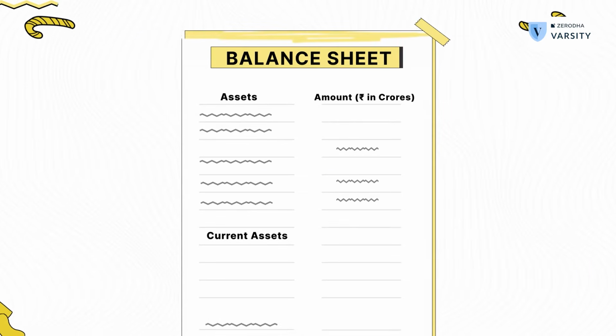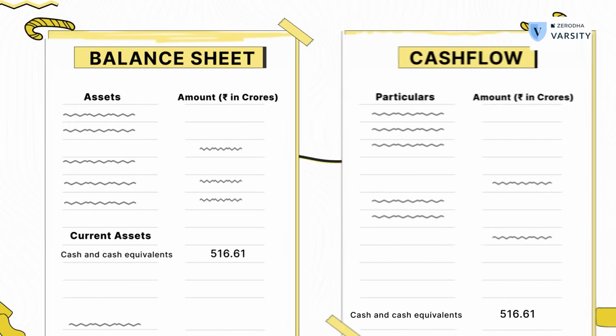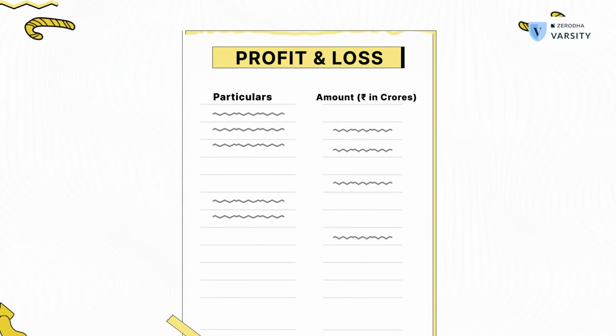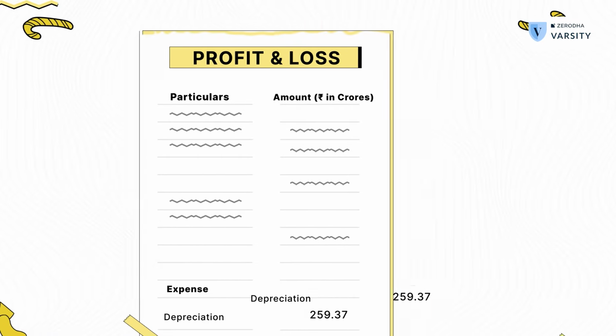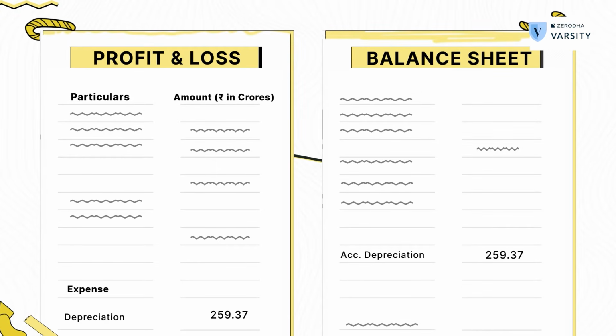Now, on the asset side, the balance sheet also states the cash position of the company. Now, that number comes from the cash flow statement. So the last line of the cash flow statement, which is the net cash, flows into the asset side of the balance sheet and sits in the current asset sides of the balance sheet. So also on the P&L side, we've also got the yearly depreciation number, which is in the expense side of the P&L statement. That number flows from P&L and sits in the accumulated depreciation of the balance sheet. So therefore, all these statements are connected and none of them should be looked at in isolation.